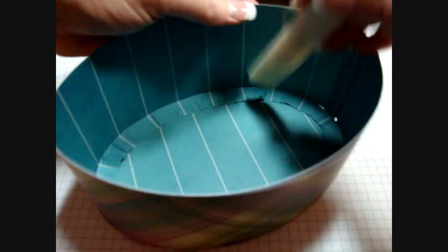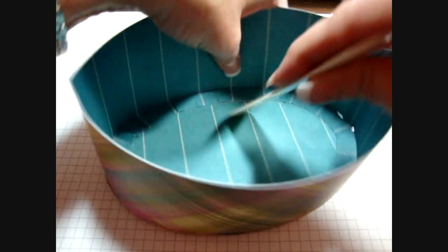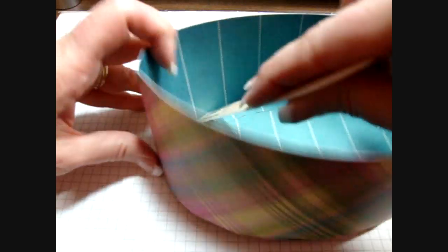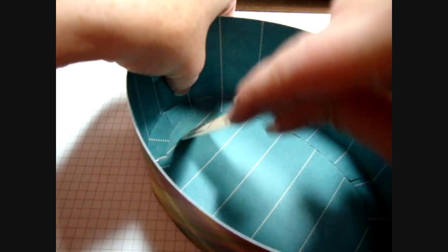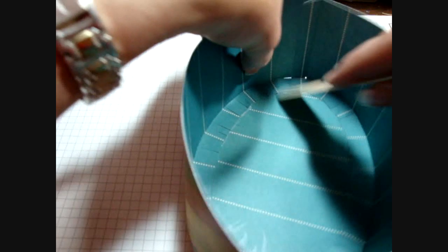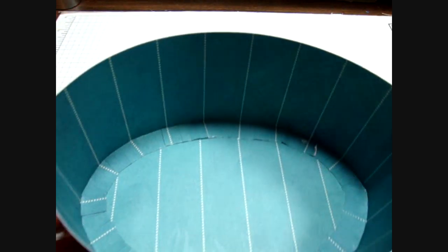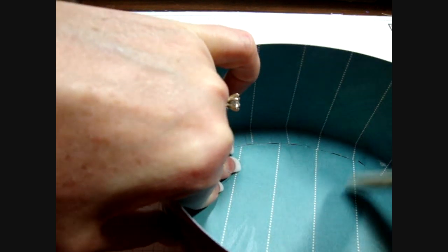And again, I'm just going to burnish that, and then I'm going to go back in with the flat end of my bone folder and flatten these down and burnish them really well. Okay, and that looks pretty good. And you can see it looks pretty neat, but to really give it a finished look, we don't really want